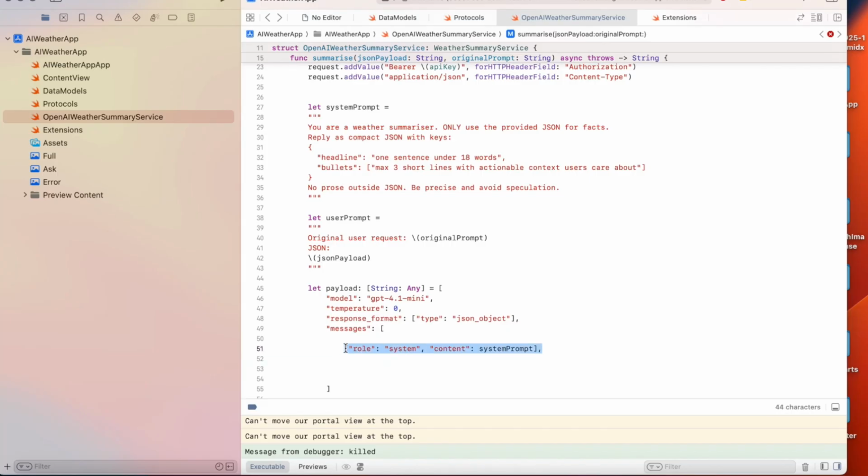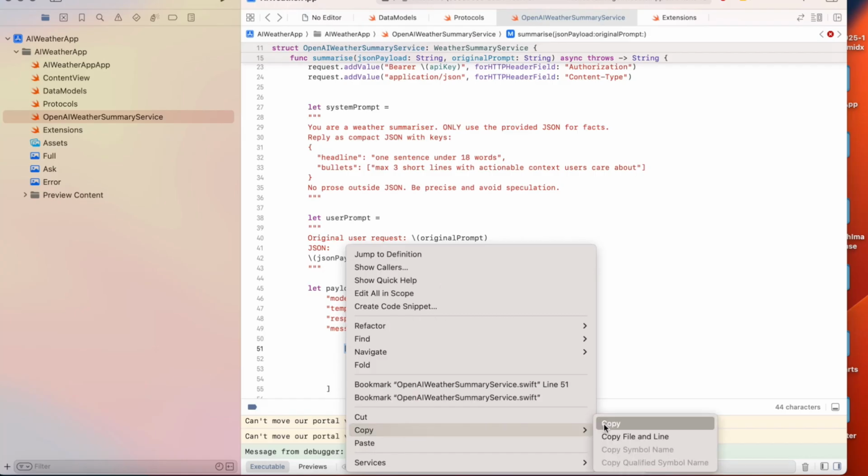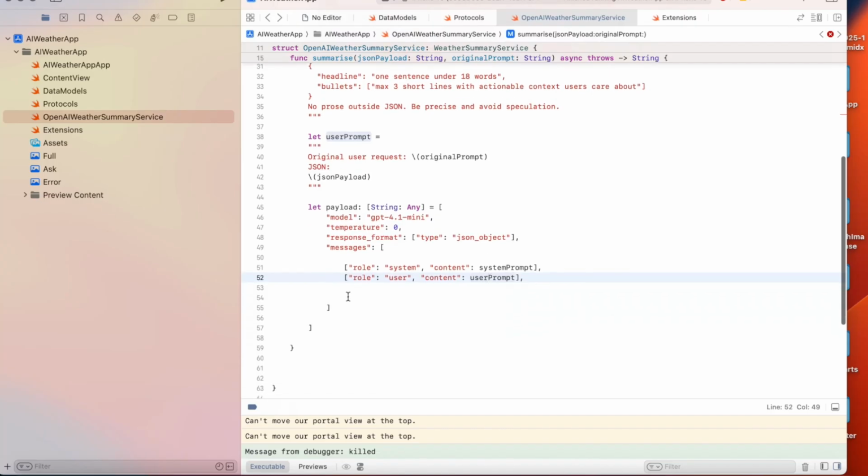and then we just repeat the same thing, but this time it will be for the user and not the system. User, content, user prompt. And then